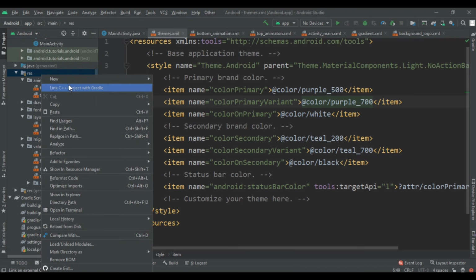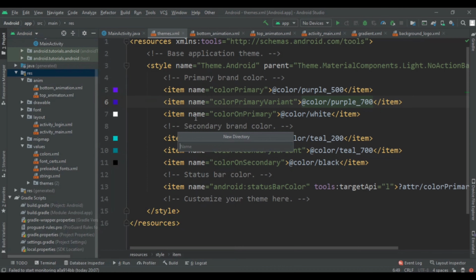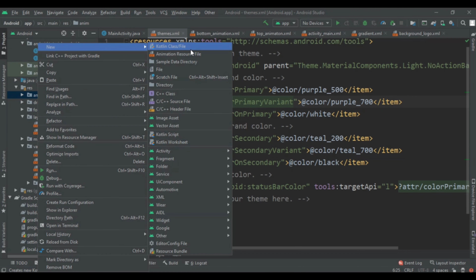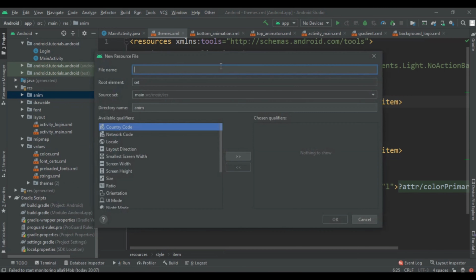So to create animation directory you have to click on new, and here you have to write anim and then press enter. You will find folder like this without arrow, and then click on this and create new animation resource file, and after you will find animation here.